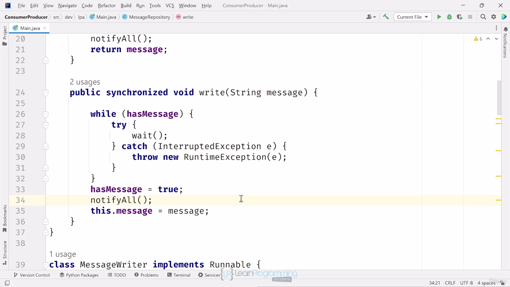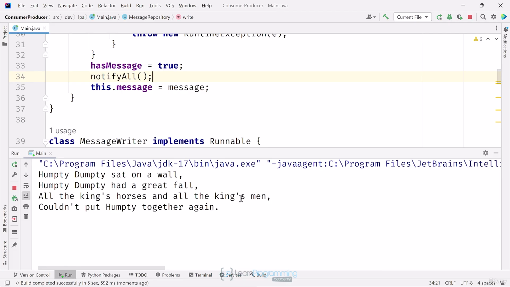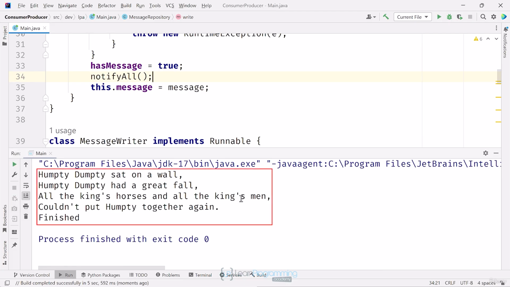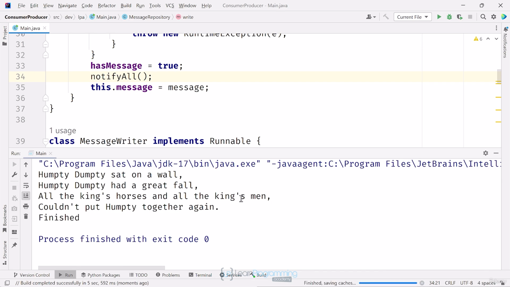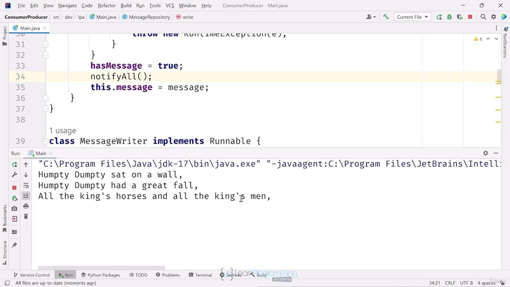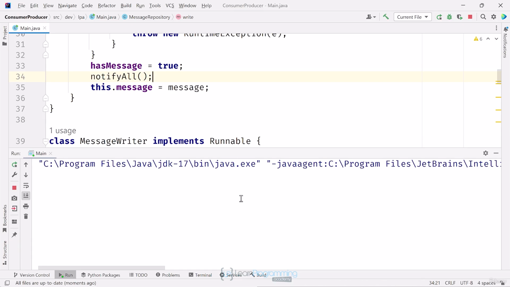Okay, let's see if this actually works. I'll run this. And there I can see all the lines in the nursery rhyme followed by the finished message, so that's a good sign. I'll run it again. It's taking a second or two to process each message, but I'm consistently getting the finished message and the application